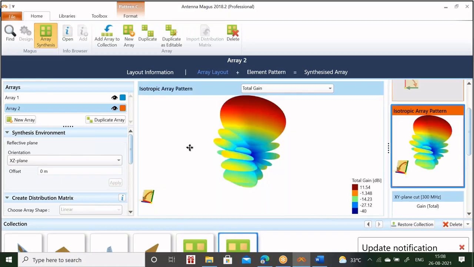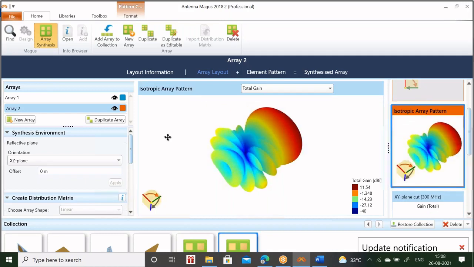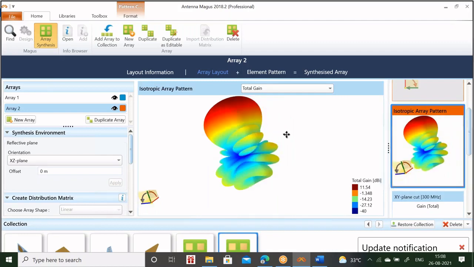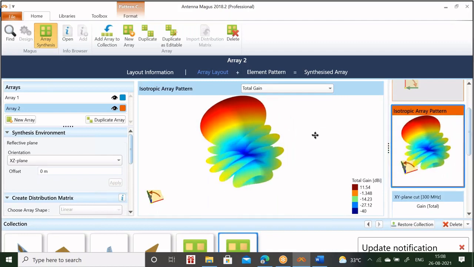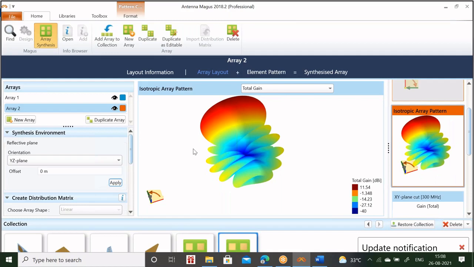Look at here. And in yz plane, you can see how the 3D radiation.